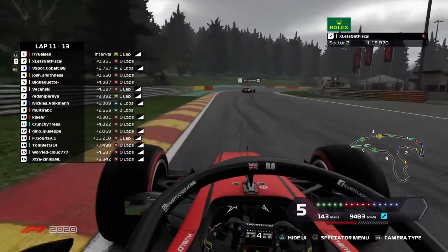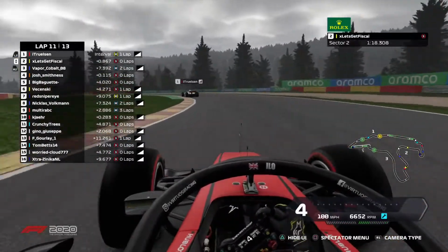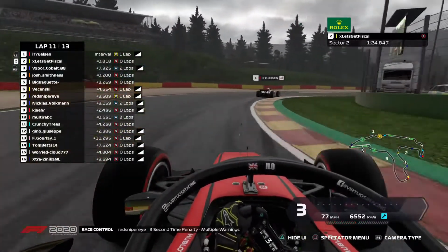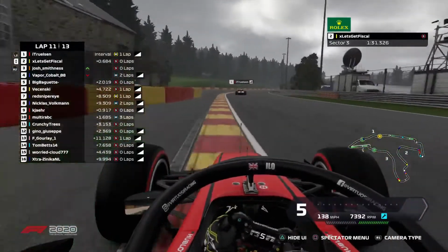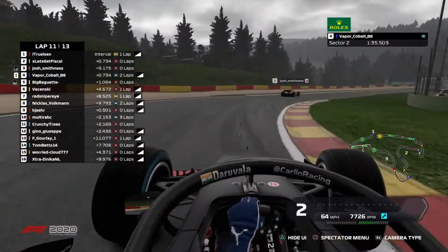As we see, Leslie the Twig has joined the session out of the chat and getting ready to show us what he's got in the sprint section. So we'll look forward to that, certainly. As you see, Red Sniper picks up yet another penalty. A few of these drivers are just accruing large amounts of penalties, as now Josh Smithness has gotten by Vapor